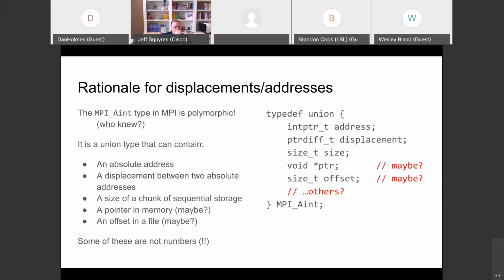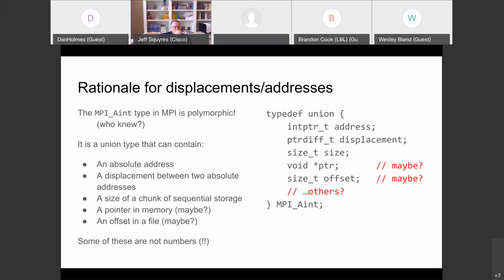So in a call with Rolf and Jeff Hammond and Jim Dinan, we came up with the nearest thing that we can, that it should be something like this union on the right hand side here. That's not actually right, but it's a good stab in the right general direction as to how this type is defined by MPI. It is effectively a union type.